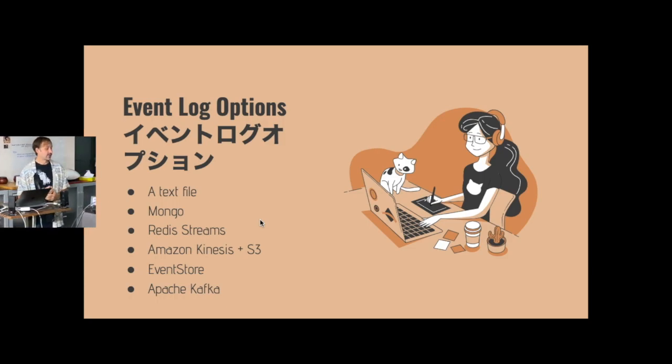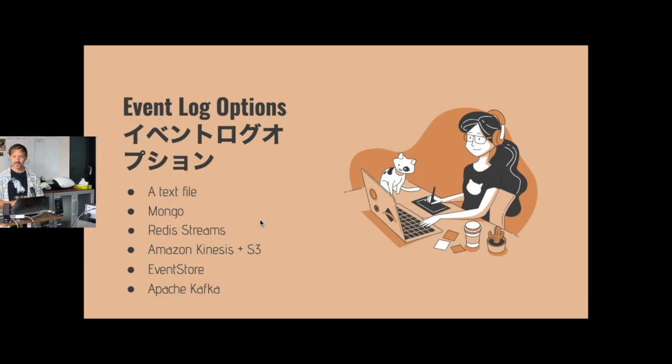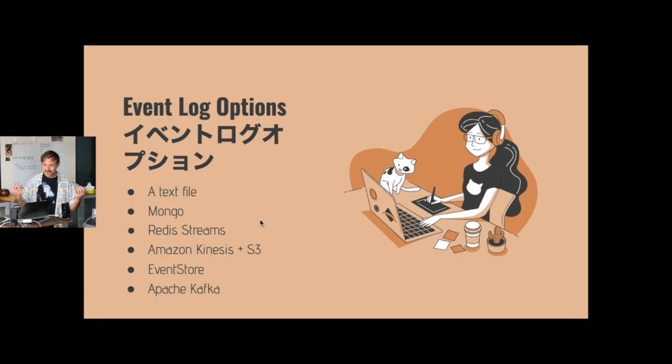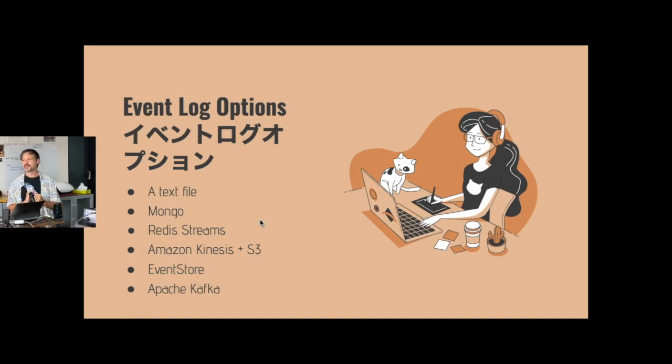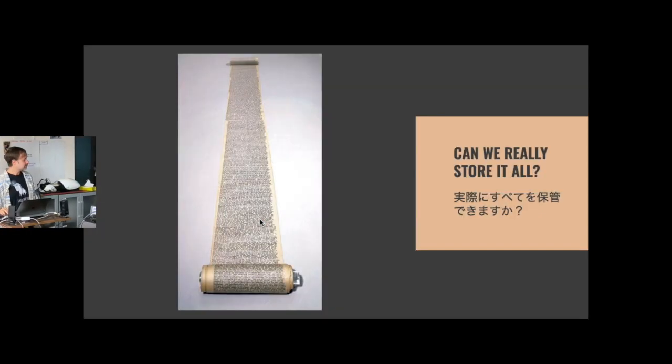You can use Event Store, which is a database that is not too well known, but it's basically purpose-built for this exact reason of dealing with an event log. Or if you really want your DevOps people to hate you, use Apache Kafka. Kafka is a giant enterprise-grade super bus. Really high performance, does crazy amounts of throughput, not super user-friendly to use. But the point is, you've got options.